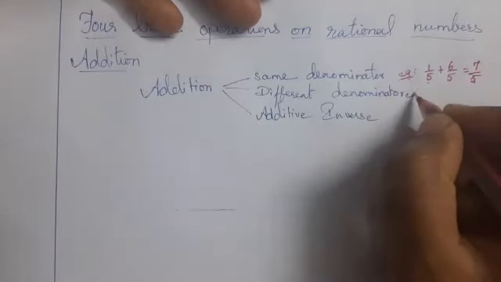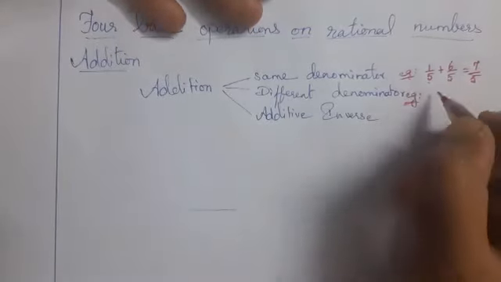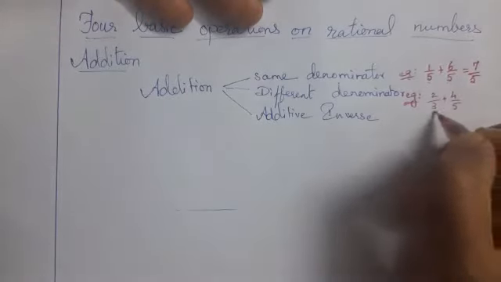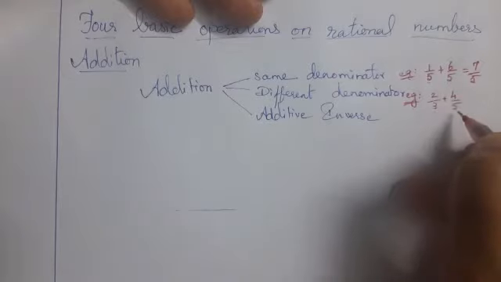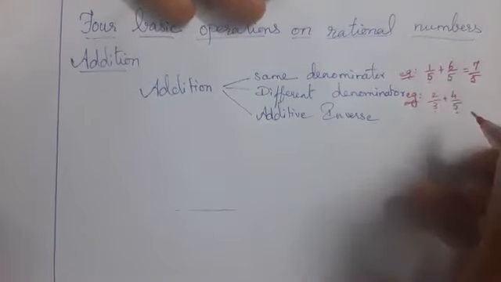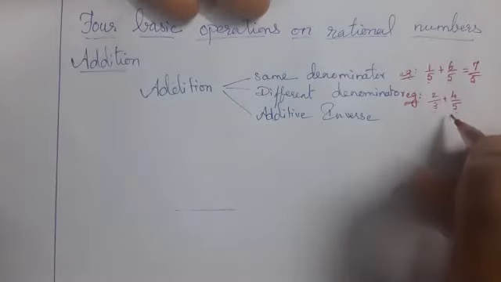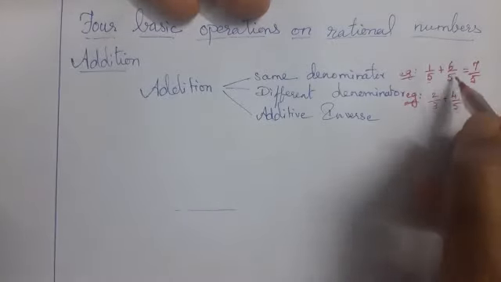If the denominator is different, that is 2 by 3 plus 4 by 5. See the denominator, both are different. Here 3, here 5. Already we finished many problems. That is, if the denominator is different, you must find the LCM, then change it into the same denominator, then